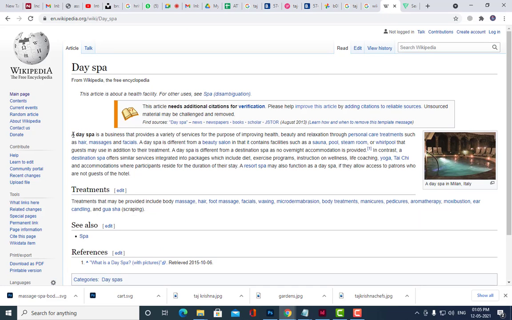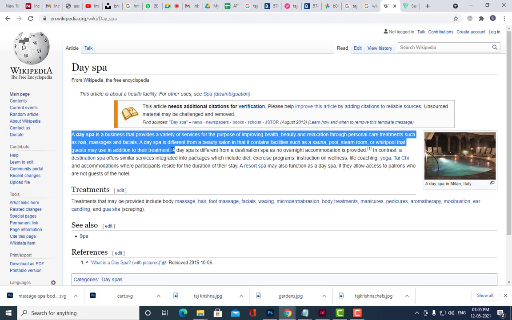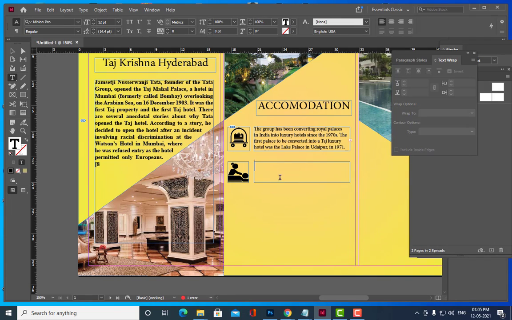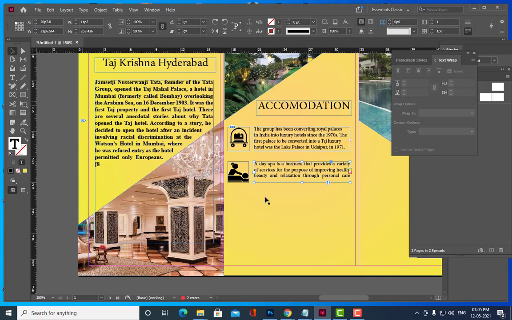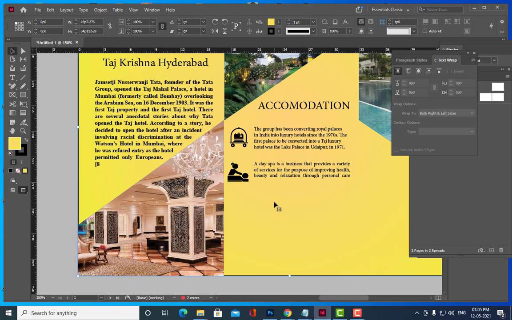So whatever you want, you can take. Just paste it. Okay, and then we will reduce the size. And then we will just do this justify. Okay, justify like this, right?